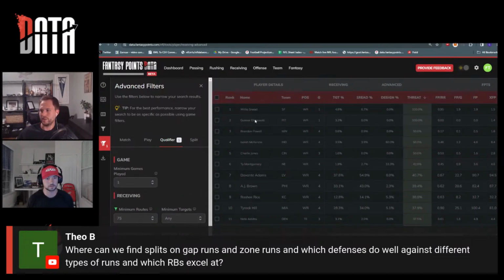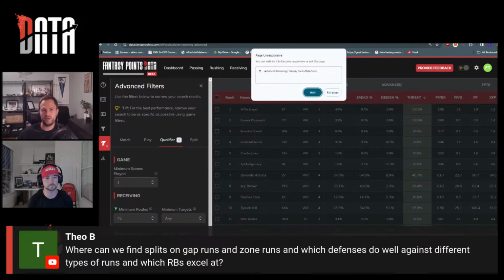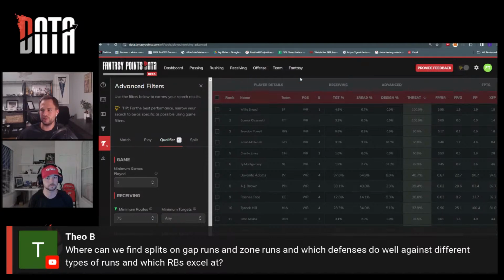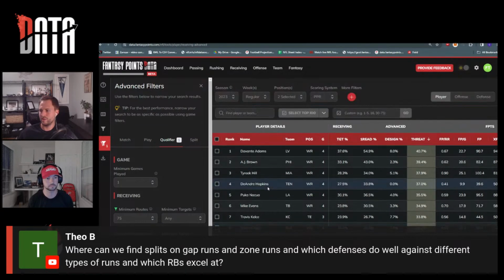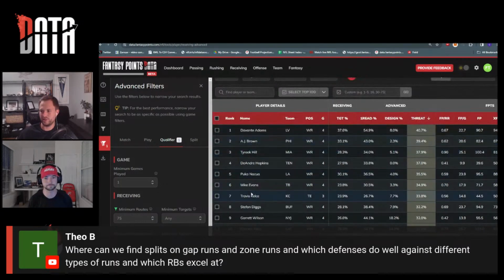Apply that, and then Devontae Adams is probably going to lead this, which makes perfect sense. Rashee Rice, like you said, he's way up here. So that might be an indication that if he does get on the field more, he's probably going to be used a good amount in this offense. He actually got cut out because he hasn't run enough routes yet. So these are the guys that when they're on the field and the QB actually throws a pass to a target, these are the guys that are most often being targeted.